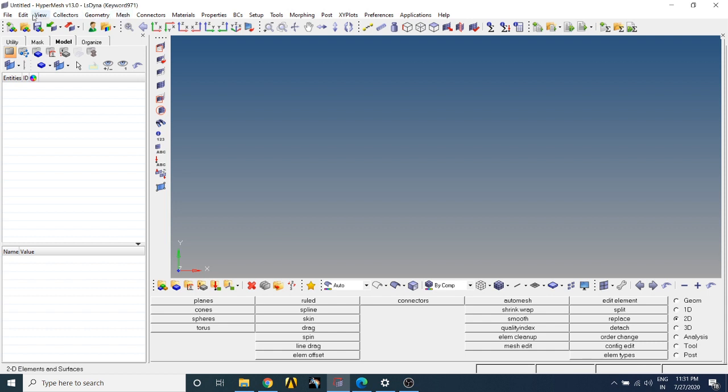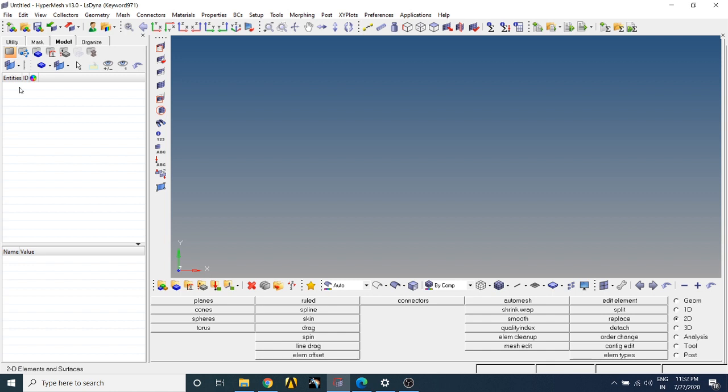Below this, whatever you can see here, file, edit, view, collectors, connectors, materials, this is called menu bar. Below menu bar, whatever you can see, these icons and these icons and also these icons, these are called toolbar.